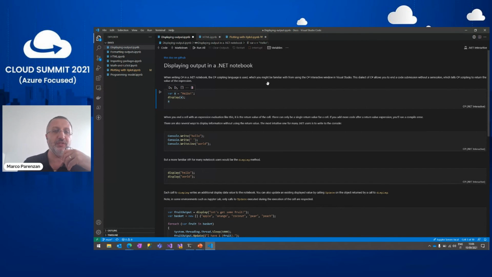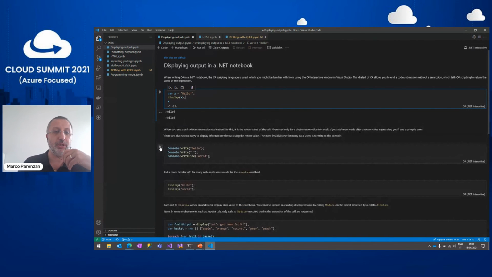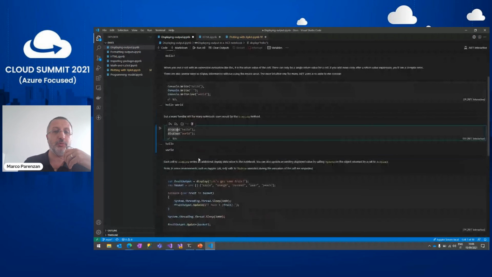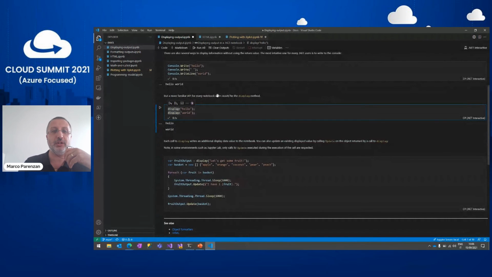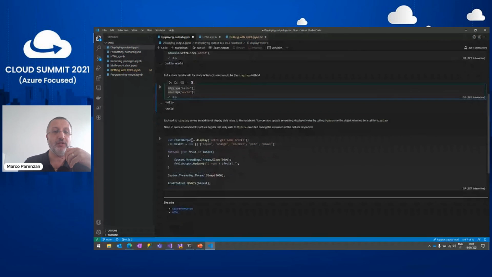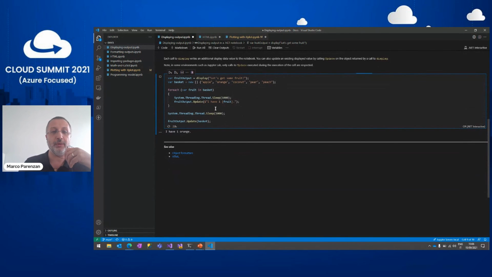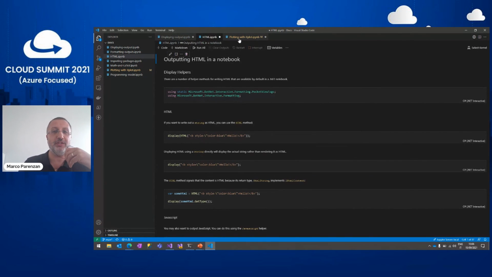What it means is that this is C# code, and we can execute some code. Okay, this is how a notebook works. You have markdown that is just text, and you have lines of code, and you can have complex lines of code. Okay, you have tools to represent all of this.